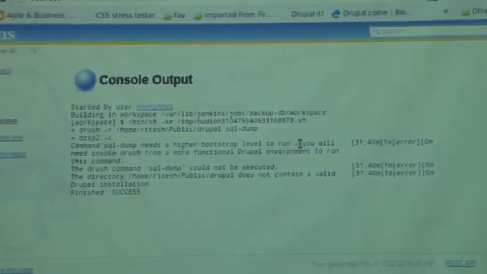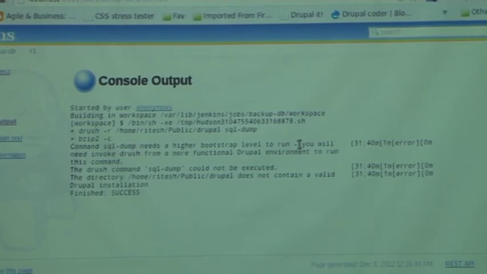So this is an error, right? But what exactly is this? Okay, so this is more related to the document root that we have specified, right? So it doesn't exist in there. Yeah, and what we are trying to do is create a SQL dump out of Drupal at a document root which doesn't have a Drupal installation. Yeah. So what I'm going to do is change the parameters and let's see what happens after that.